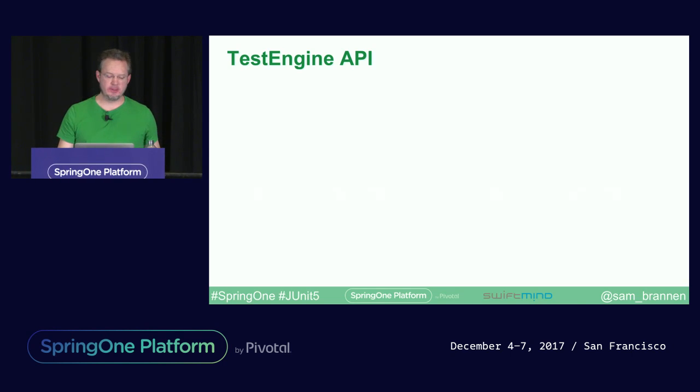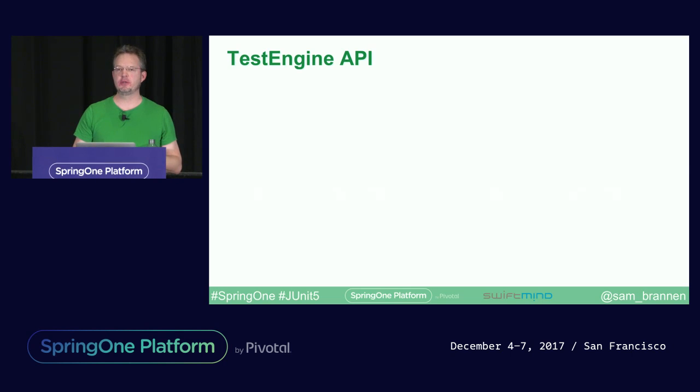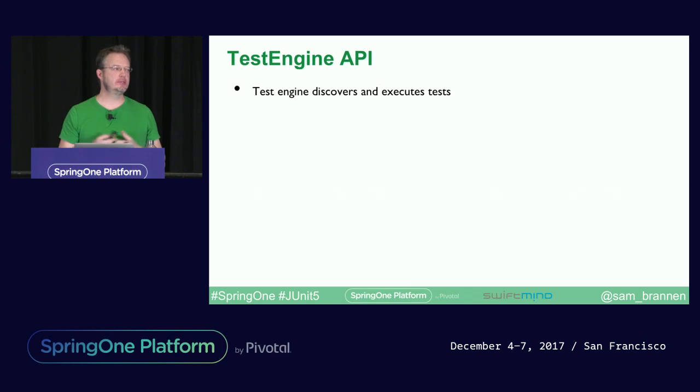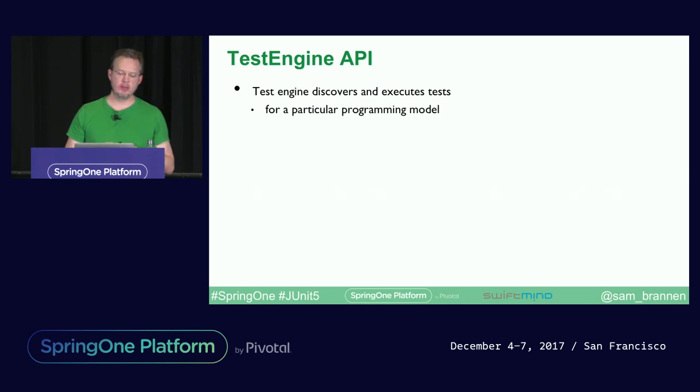So next up, this TestEngine API. That's kind of like the runner from JUnit 4, but again, it's more general purpose, more generic. And that's supposed to basically discover tests for a particular framework and then execute them. So there's two phases: to discover stuff and then to run the test. And again, for a particular programming model, so there's one for running with the JUnit 5 stuff, it knows about the JUnit 5 annotations,